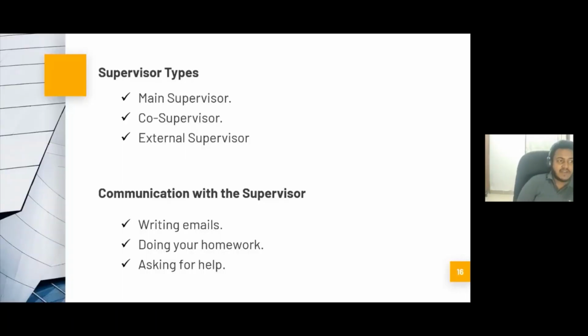Mainly you have to identify there are 3 types of supervisors. We have to have a main supervisor, and then we have an optional co-supervisor, and then we have an optional external supervisor. The main supervisor should have a clear idea on the domain. As an example, if you are doing research on distributed computing, maybe networking, maybe